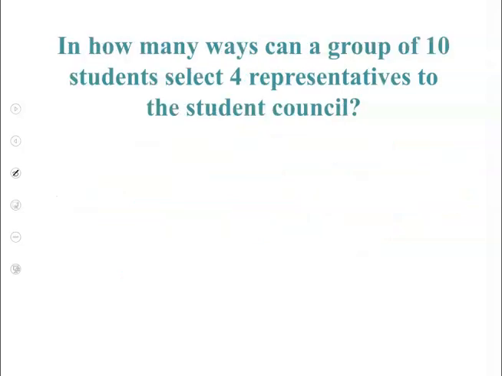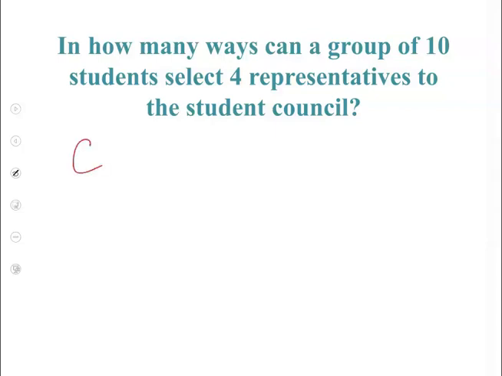Great. Let's have a look at this problem. How many ways can a group of 10 students select 4 representatives to the student council? Okay, the same question. Is it a permutation problem or a combination problem? It's a combination problem. These 4 representatives can be in any order, and they will still be the same 4 representatives, right? So that means we are